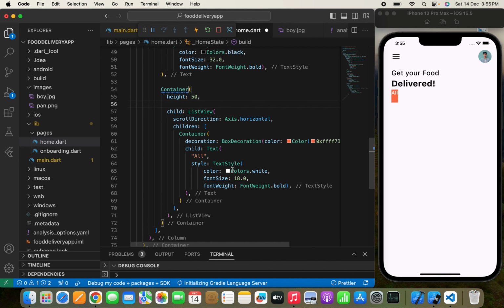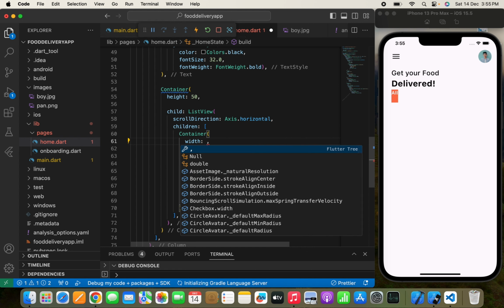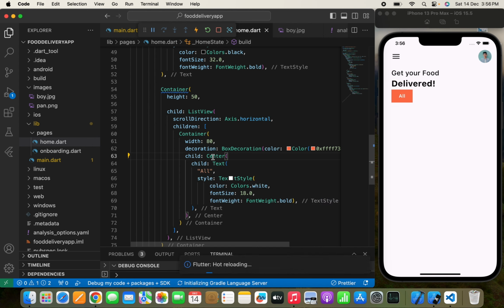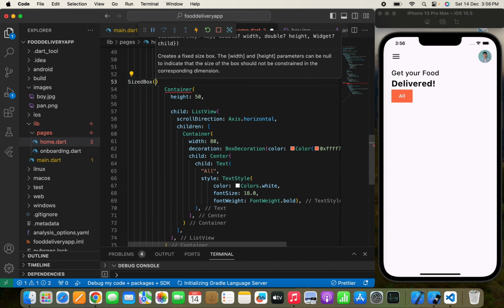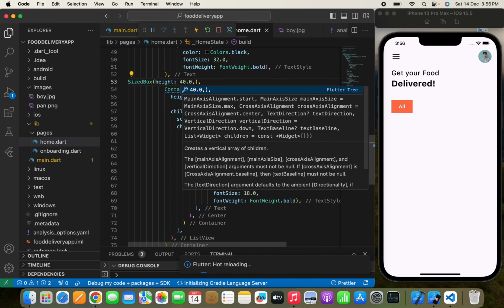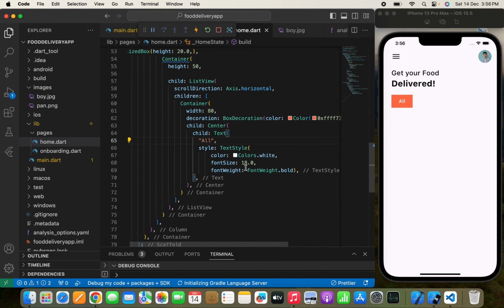So here we have written a container and we'll pass a width to this container. Let's keep it up to 80. Yeah. And now we can center this by using a center widget. And here you can see the alt text category. Now we can pass the height, like SizedBox height 40.0, something like this. 40 will be too much. Let's keep it 20. It is okay. Yeah. Now